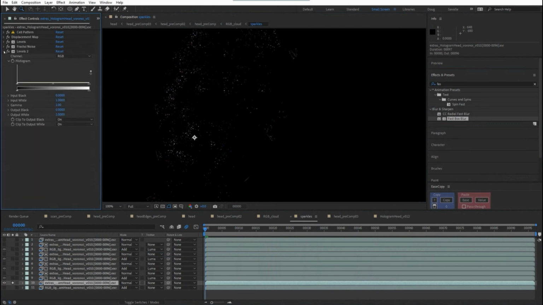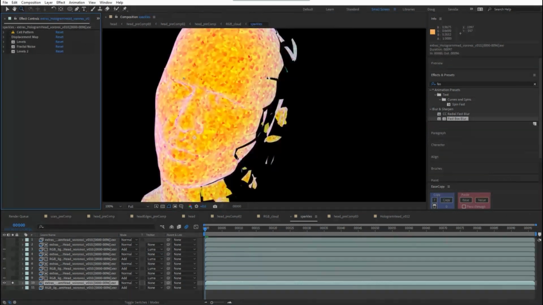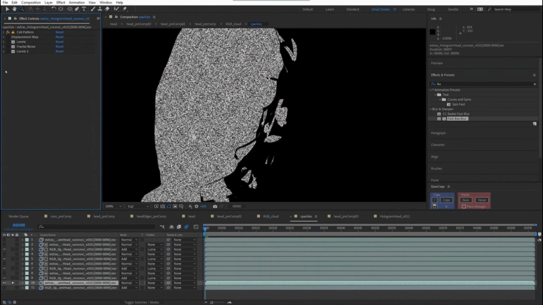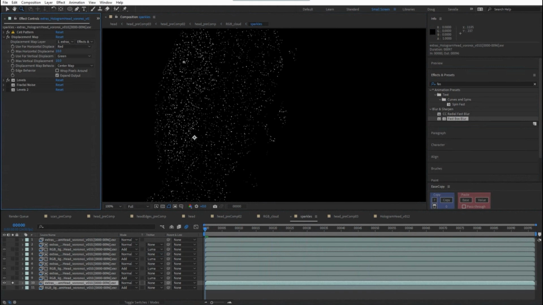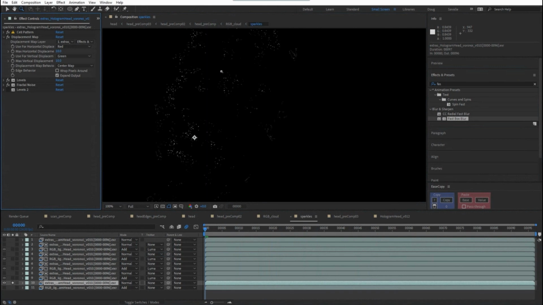And the plan originally for this was to just use the cell pattern, but I wanted it to be a lot smaller. So I just remade a cell pattern in After Effects. Again, it doesn't match perfectly, but it's enough for what we need. Levels are crunching it so that we have these little sparkle shapes. The fractal noise is breaking that up even more. And then this levels is just clipping our values.